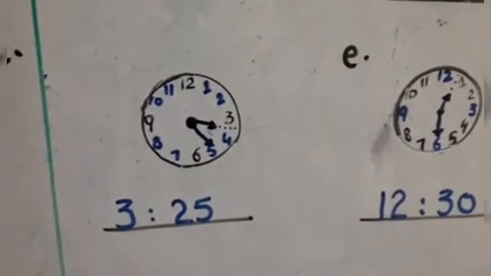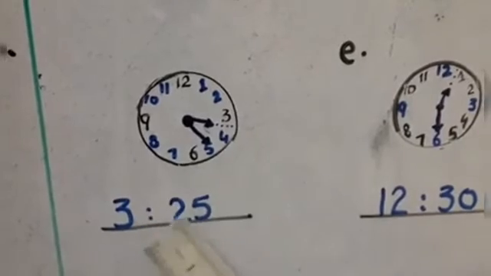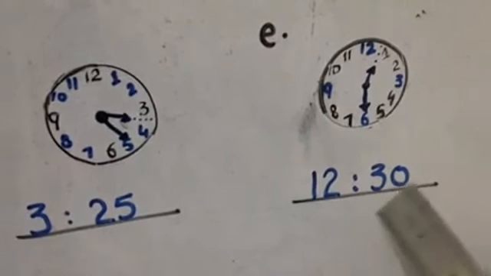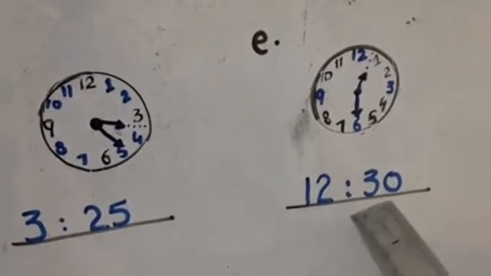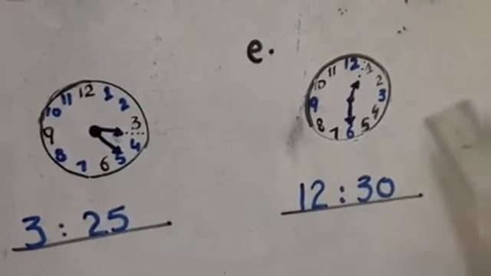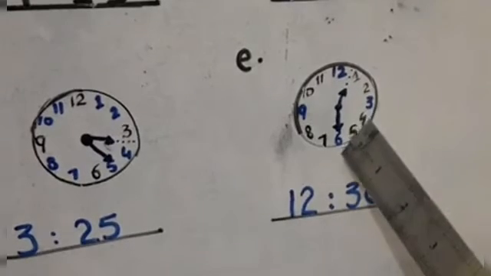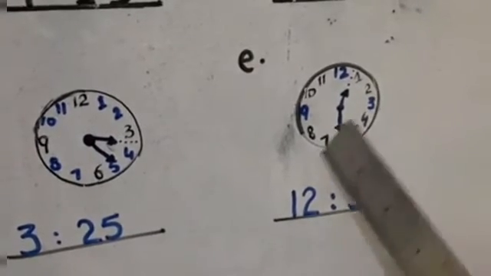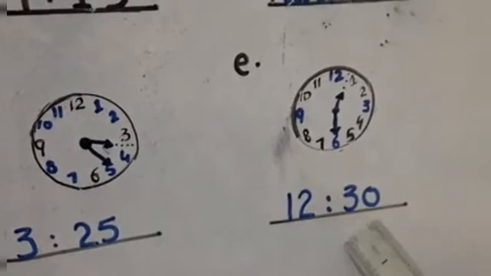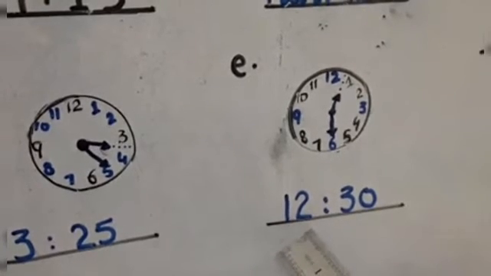So students, in this way we draw the line. Okay, 3:25 as I told you in the clock, and the next one is 12:30. 12:30 means again 12:30. Okay, as we have already done 1:30. So 1/2 means half. The half of the clock is 6. So the minute hand will be on 6, and the hour hand, because this time is hour and this time is minute. The right side is minute and the left side is hour, tells us about the hour.